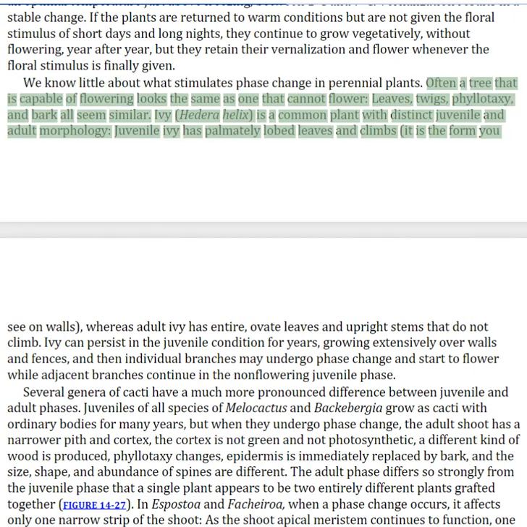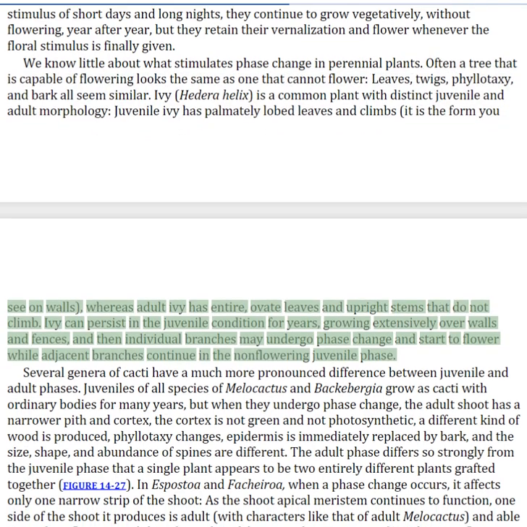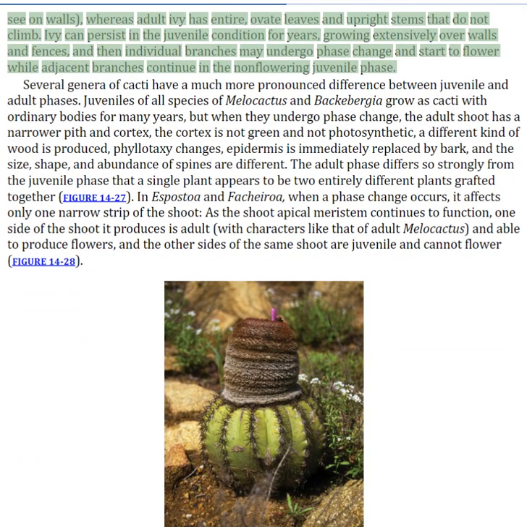Often a tree that is capable of flowering looks the same as one that cannot flower. Leaves, twigs, phyllotaxy, and bark all seem similar. Ivy is a common plant with distinct juvenile and adult morphology. Juvenile ivy has palmately lobed leaves and climbs. It is the form you see on walls, whereas adult ivy has entire, ovate leaves and upright stems that do